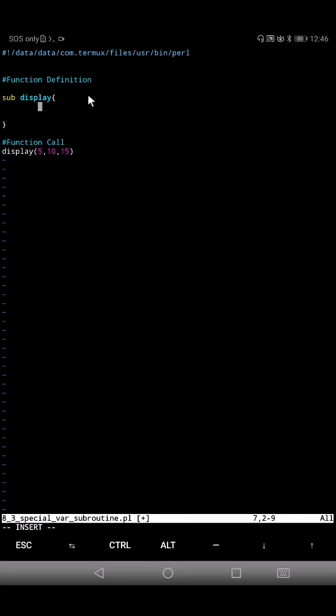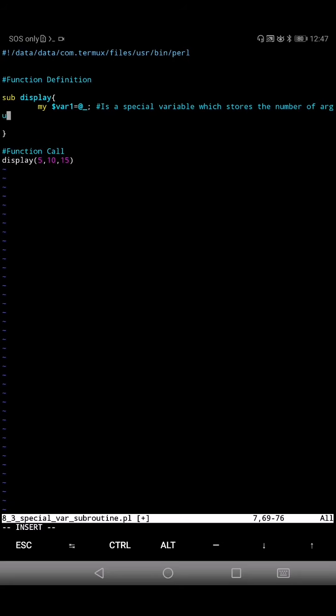Okay, so for that we can use a special variable. Say let's write this variable name var1. So @_, okay, so @_ is the special variable actually. So here I shall write: it is a special variable which stores the number of arguments passed.